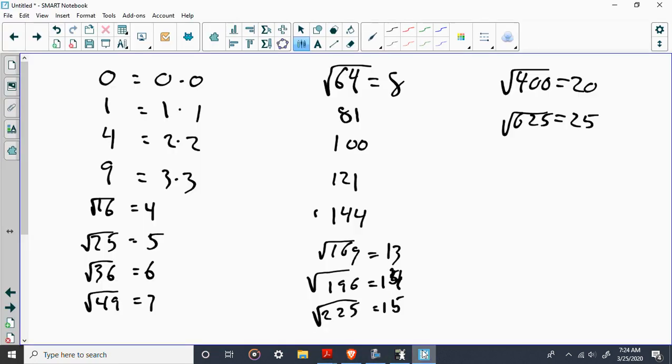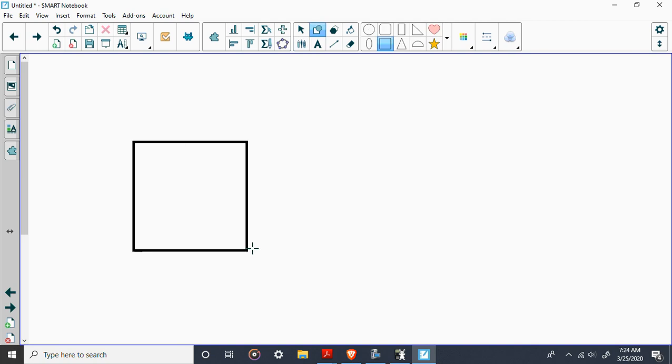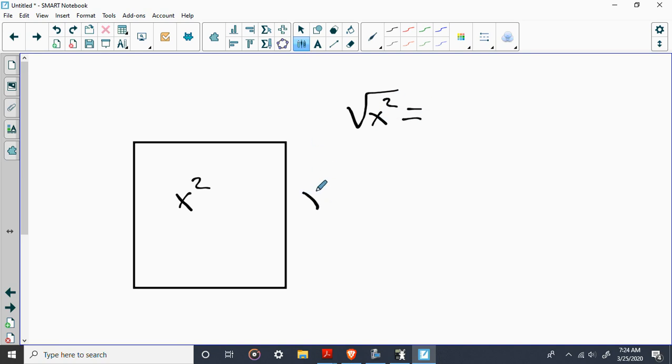All right. So meanwhile, back to the range. That's all well and good. So your perfect square numbers are easy enough to identify. But what if you didn't know? What if you said that this was, I don't know, x squared? Well, if we take the square root of x squared, we're going to find out that this is